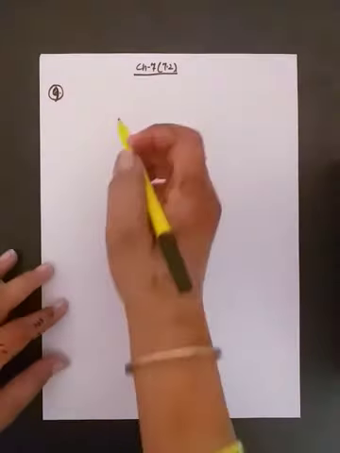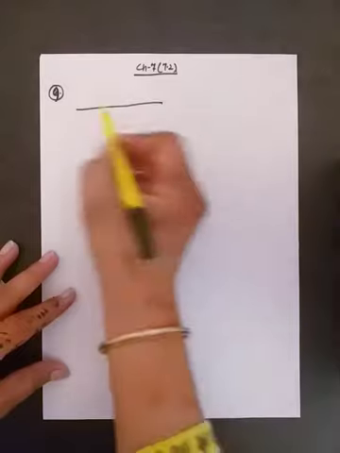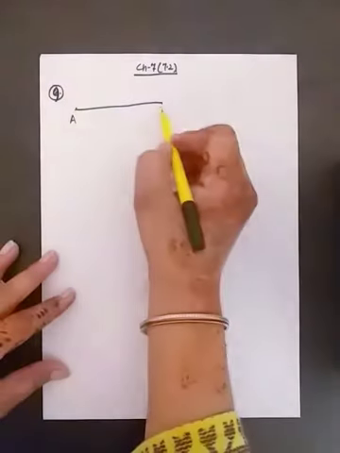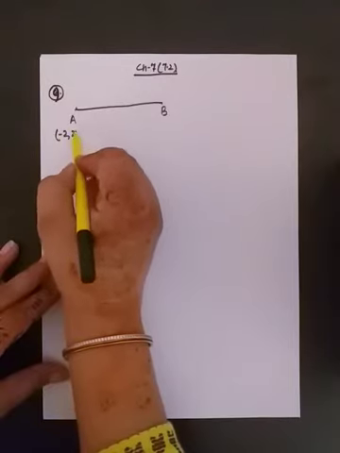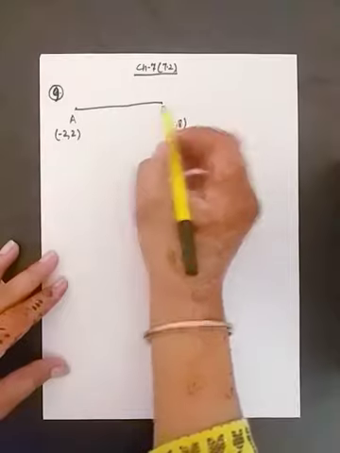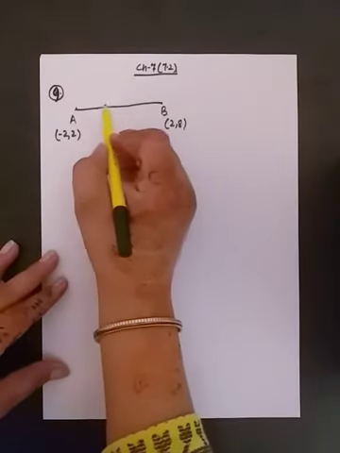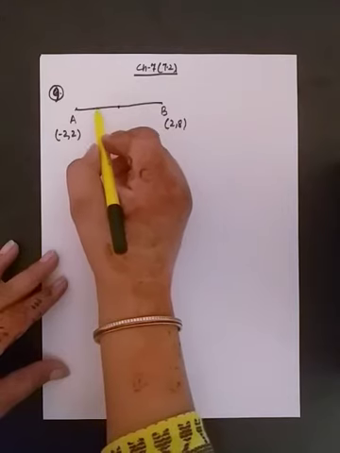Next question. In question number 9, find the coordinates of the points which divide the line segment joining A and B into 4 equal parts. Meaning you have to find the coordinates of those points which divide the length AB into 4 equal parts. So it means when 4 parts are equal, we need 3 points on AB.